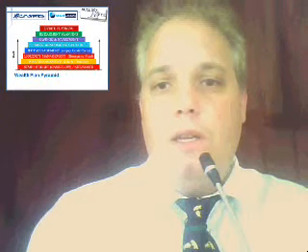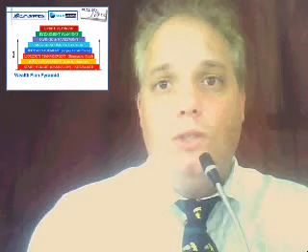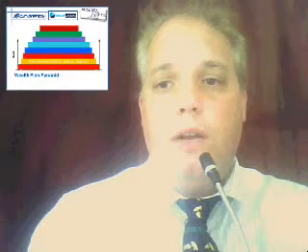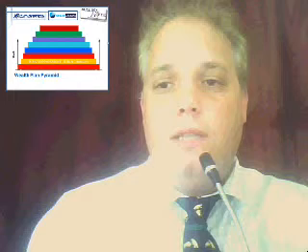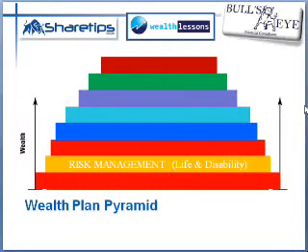And so this is the second part, and you remember we discussed the wealth pyramid last time. The pyramid started with the budget and cash flow and net worth, which is your part, and then the second part has to do with risk management, and that's what we're going to look at right now. So let me take myself away here and let's have a look at the actual slides. And we're going to talk really about life and disability and insurance.